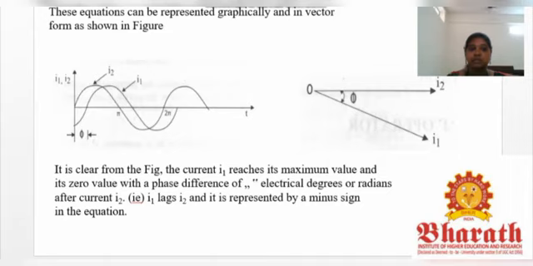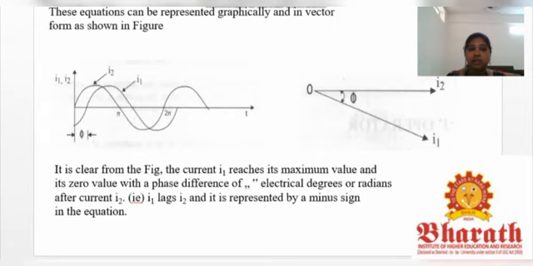Okay, so this is one complete cycle for current I2. After a phase angle phi, the current I1 will start to flow in the circuit. This phi is the lagging angle. After the phase angle phi, the current I1 will start to flow, reach its maximum value, complete its positive half cycle here, and continue into the negative half cycle.